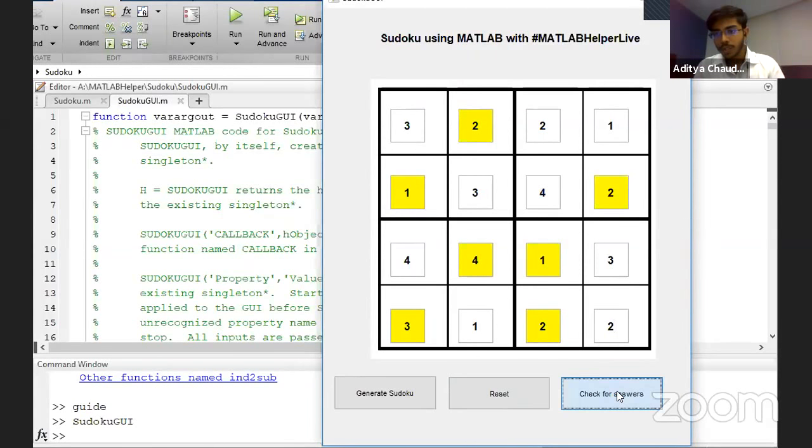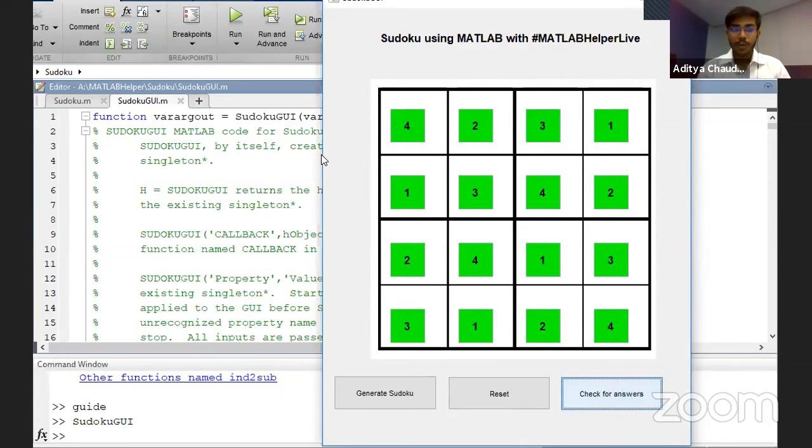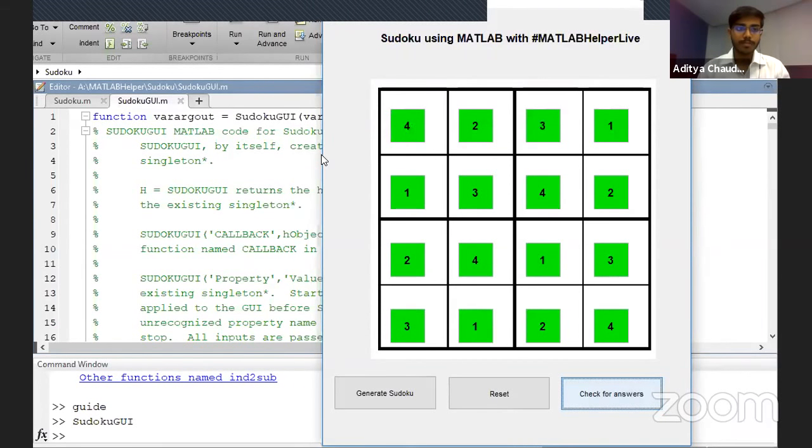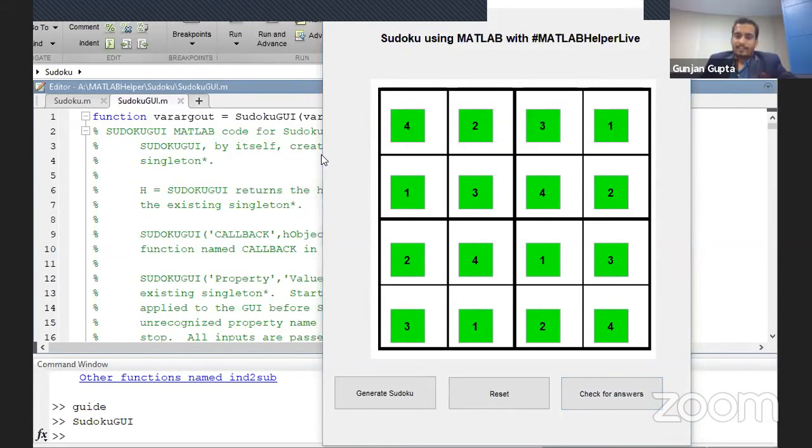And let's quickly move on to the next game, which is Rock, Paper, Scissors. Kunjan? All right. Wow. So that was a very fun game, Sudoku. I think this was, rather than fun, a really mind blowing session in which you were trying to solve Sudoku. So if you're able to solve the Sudoku using your codes, you can actually have the code and utilize the number which you get in your paper or at any random place and solve the Sudoku directly using the code. So that was a really fun part. Okay. So post this Sudoku, we will be moving to rock, paper, and scissors.